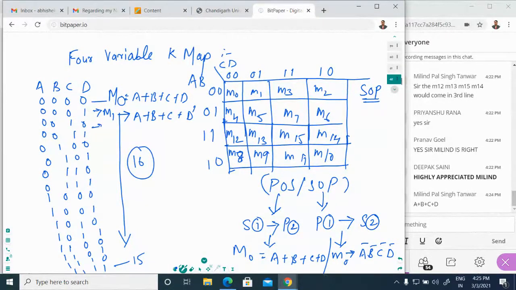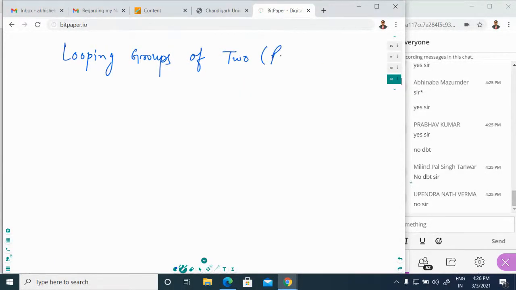Whereas this M2 can be represented by A plus B plus C bar plus D. So in this manner, you can represent the complete K map for the four variables of two pairs.